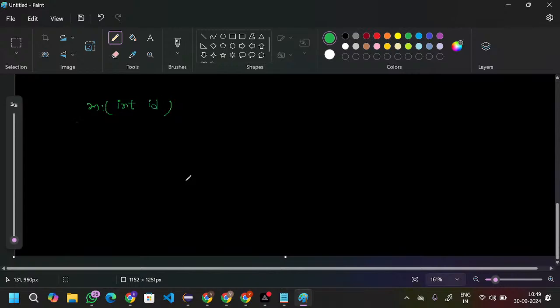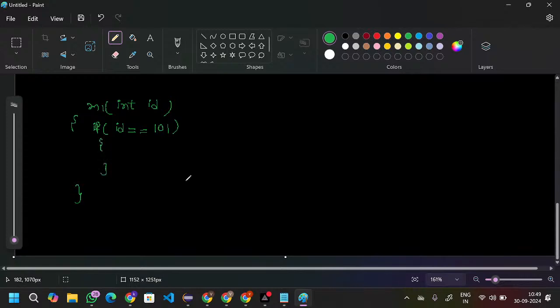This is inside the M1 method, and here we'll take the if condition. If id equal to 101, you should return